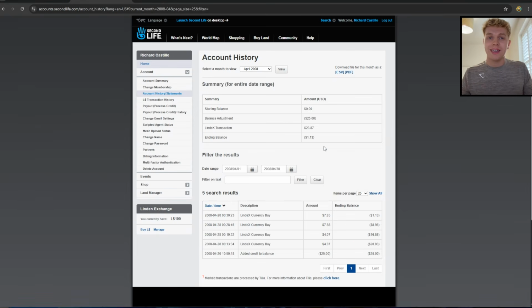When you first land into Second Life, if you've never played it before, you have a blank avatar. There's freebies out there, but if you actually want to go and buy things, customize yourself, go and get yourself a house, a plot of land, whatever you want to do, you need some lindens. So, you know, 23.87's not bad going for the first month. Then when I had a look at my second month,